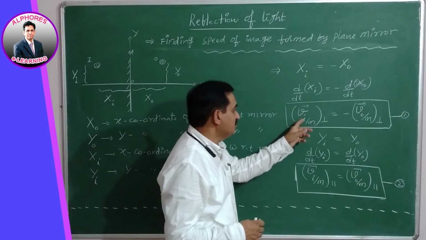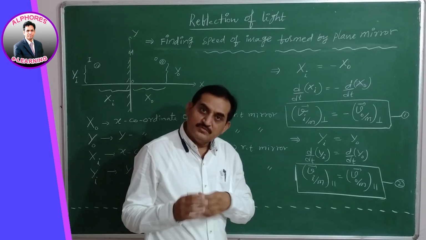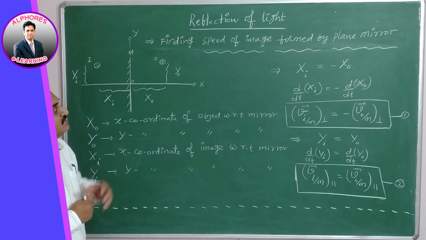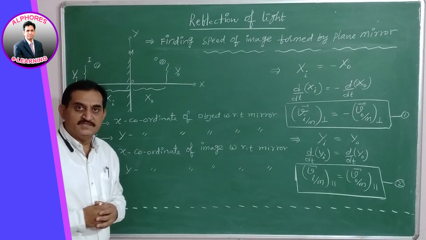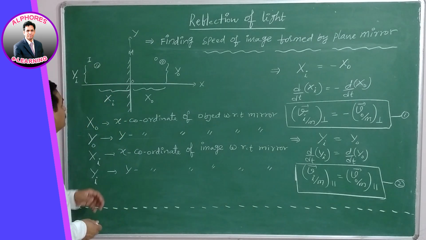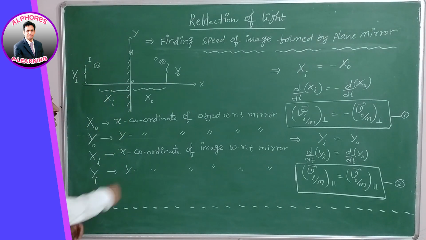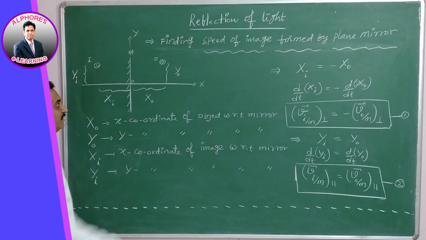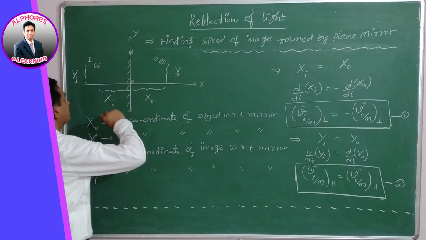Those equations are used to solve the problems related to finding the speed of image by the plane mirror in terms of vectors, right? So this is the plane mirror, and the object is kept at a certain height y0 above the x-axis,